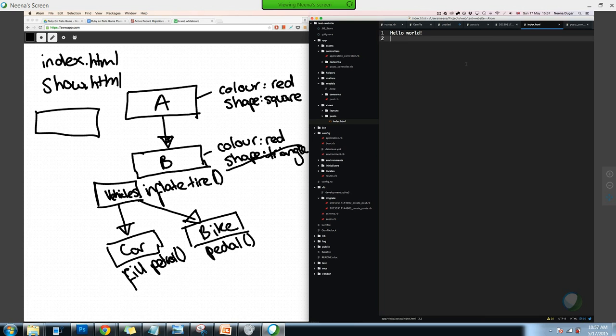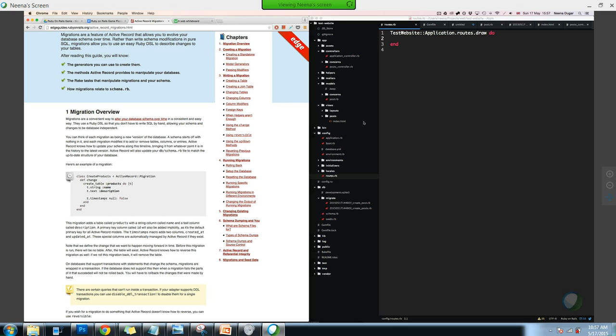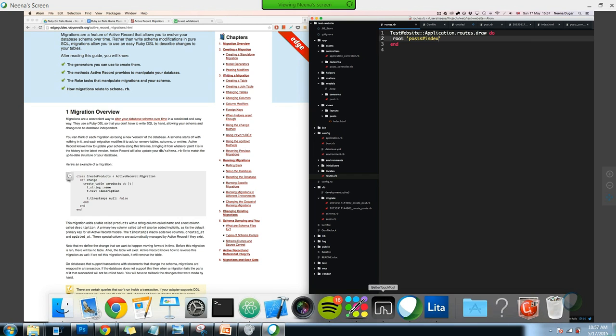Okay, now there's one last thing we need to do in order to get that page to load onto our web browser, which would be back into, you remember I talked about the routes page? So first you have to say that there is a page inside post called index, and the second thing we have to say is we want that to be the root of the website. The root is like the home page. So we could say root is posts, and then a hash, and then index. And now if we run that,